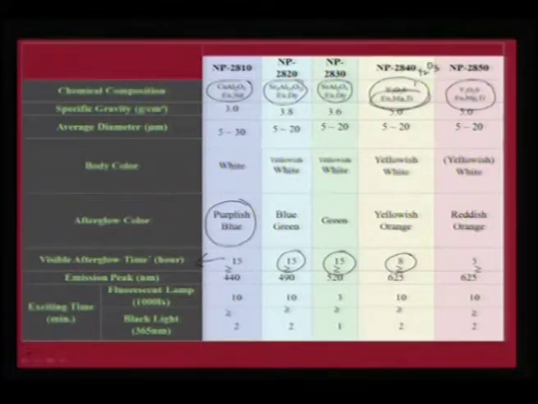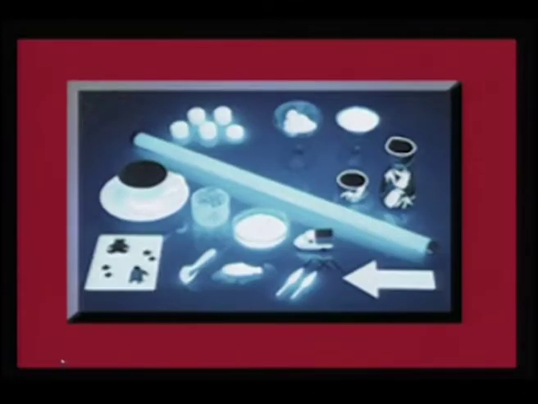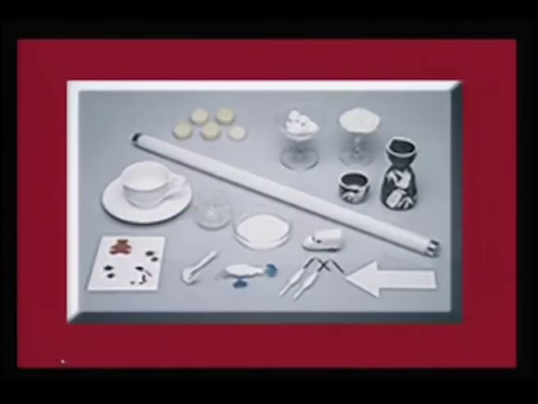As you would see, calcium aluminate with europium is very selective for purplish blue, strontium aluminates for blue and bluish green, and then strontium aluminate, the lower analog with europium, is specially meant for green fluorescence. And as you would see here, red and yellow is mostly to do with yttrium based phosphors, and these phosphor materials are mainly used in phosphor lamps,